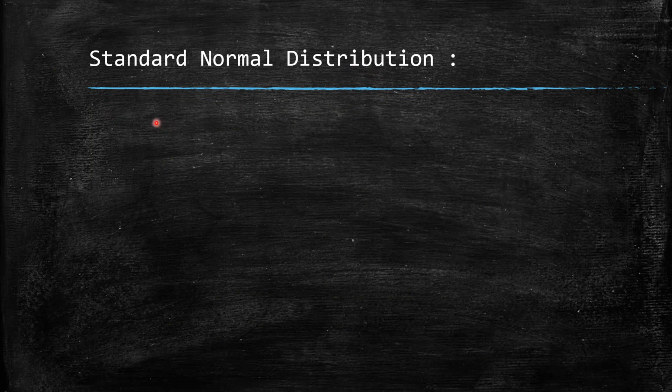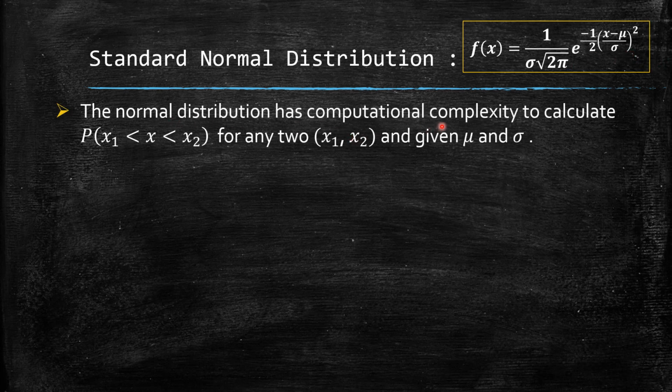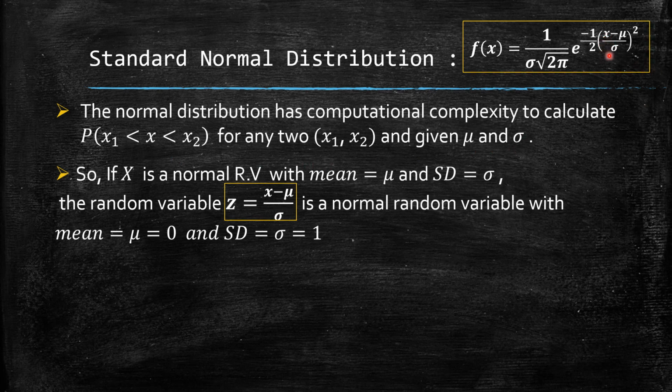If at all we require the probability for a given interval of values, for a continuous probability distribution, the probability is nothing but integrating the PDF for that particular distribution from x1 to x2. But for the normal distribution, the PDF depends on two parameters, mu and sigma. So definitely the normal distribution has a computational complexity to calculate these probabilities for any two values and mu and sigma. So what we do here is we just substitute this x minus mu by sigma as a new variable